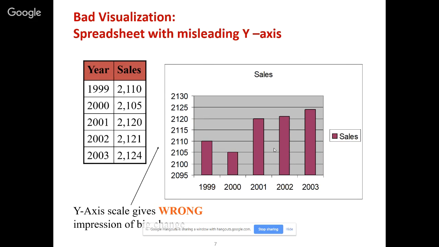We also looked at bad visualizations and good visualizations, and we picked the spreadsheet as an example. The example I gave outlined sales from 1999 to 2003, where the differences were marginally small. But if you went with a chart where the y-axis does not use absolute amounts, then it will show a big increase in sales. Meanwhile,